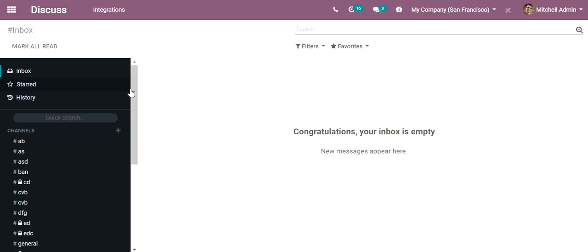Channels are used for discussions between teams, departments or other groups that need communication. Everyone in the team or department can be kept in the loop and updated with the latest developments using these channels. There are two types of channels, public channels and private channels. While creating a channel itself, we can select whether the channel needs to be public or private.